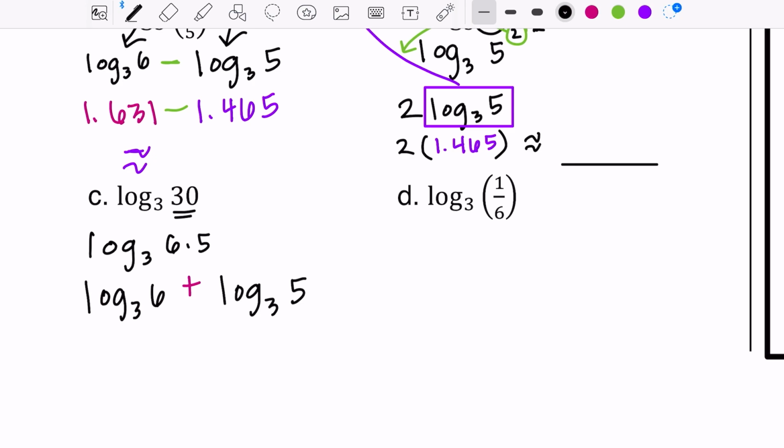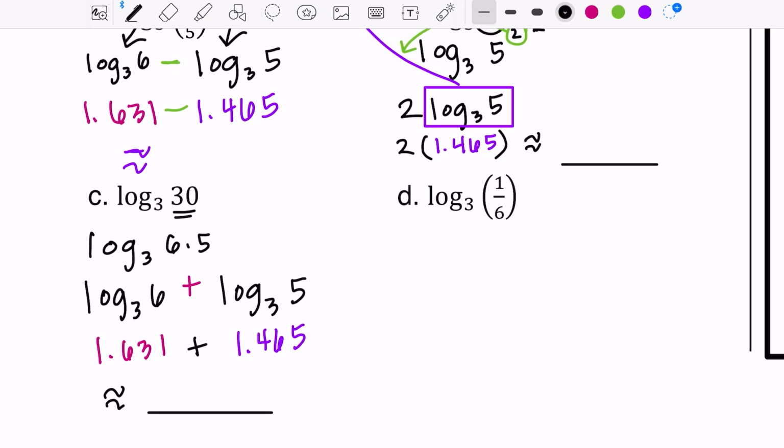So now all we have to do is substitute the values that they gave us, 1.631 for log base 6 of 5, and then we have 1.465 for log base 3 of 5. And then, like I said, it's your job to plug that in your calculator on the test to get the